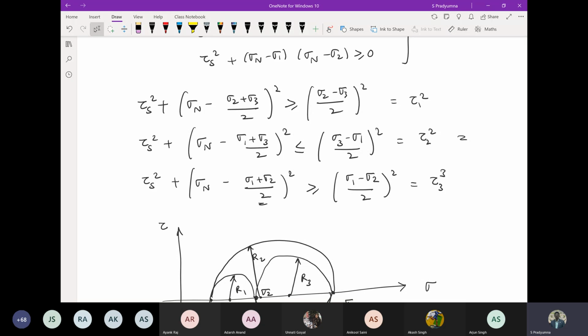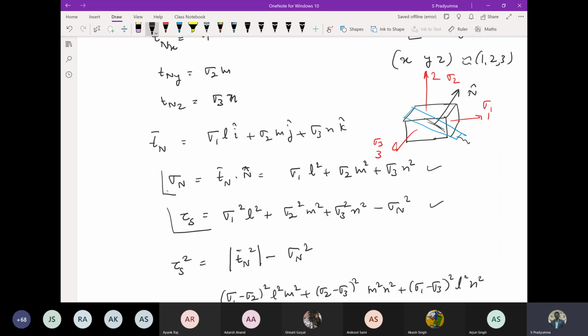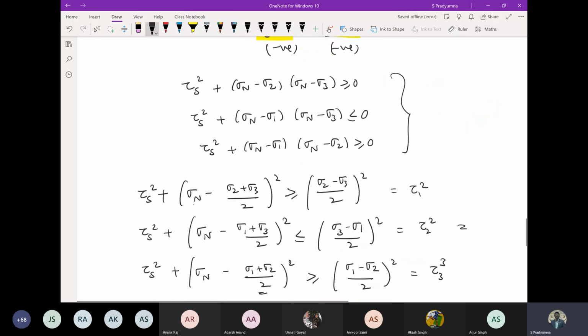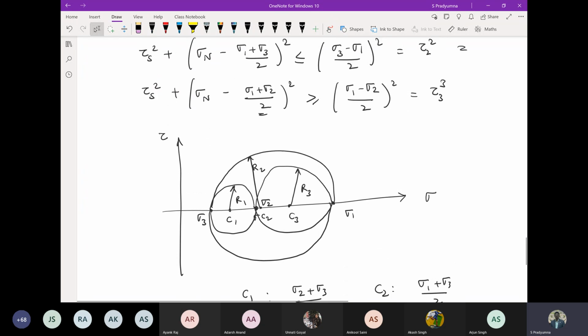Now, if I look back to this equation, what I can further say is that any value of sigma n and sigma s you find out, right? Any value of sigma n and sigma s. That means I consider a plane like this. I get some sigma n, and I get some tau s. Okay, where do these values get located? Where do you locate these values of sigma n and tau s in these 3 circles? In this graphical arrangement, where do you find those values? Sigma n and tau s.